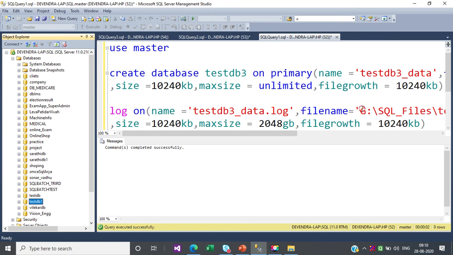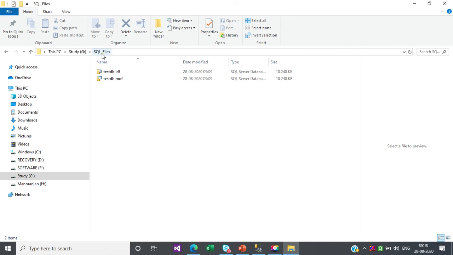Now we can create the files by specifying our own location as well. So let's check this path. Okay, I have opened that folder. Yes, G:/SQL files. We have testdb1, testdb.ldf and testdb.mdf files there, right?